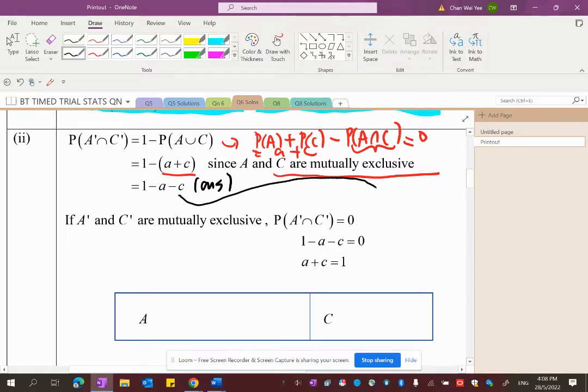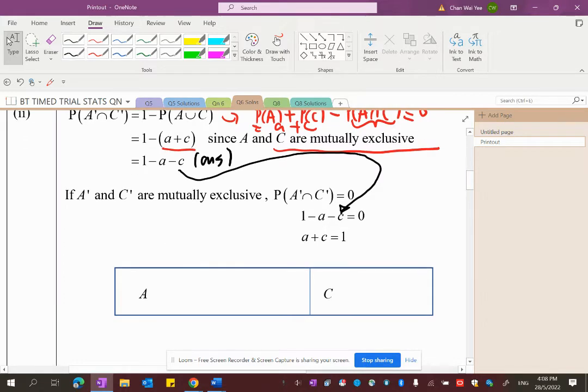So we apply this result, we equate 1 minus A minus C equals 0. And that will give us A plus C equals 1. So what does it mean? If A plus C equals 1, it means that your probability of A plus probability of C equals 1. That means they have filled up the entire universal set, because you know that for universal sets the probability is